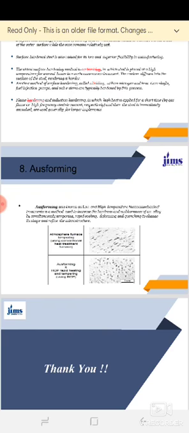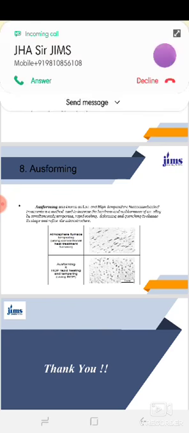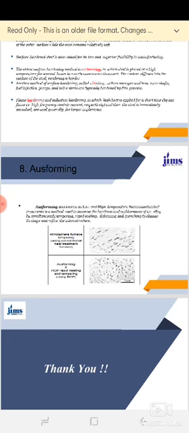As you can see in this diagram, the upper one is ausforming at furnace temperature using a conventional heat treatment furnace, and the lower one is ausforming with rapid heating and tempering using HOP. These are the